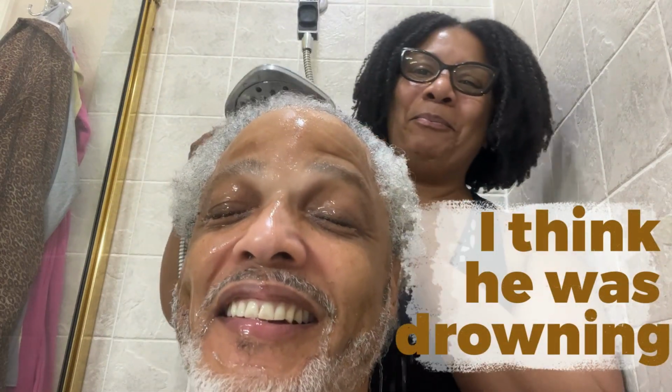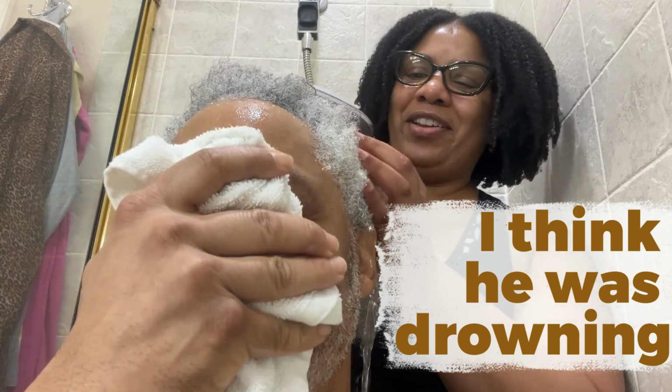So when you saturate your hair, you don't want to just get your hair wet by just running the water over your hair. You want to actually work the water into your hair, and each section that you saturate, you want to massage the scalp just to make sure that you remove any product buildup from the previous days since you last washed your hair. So we're going to just give Mr. Smith the scalp massage as we go through and work